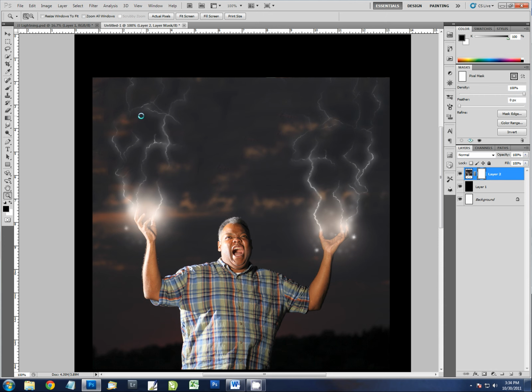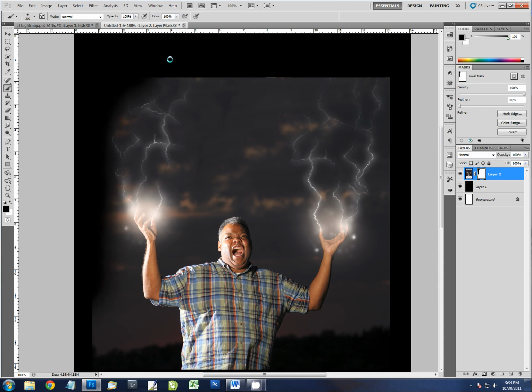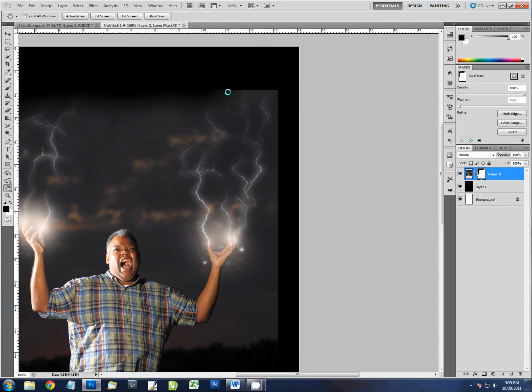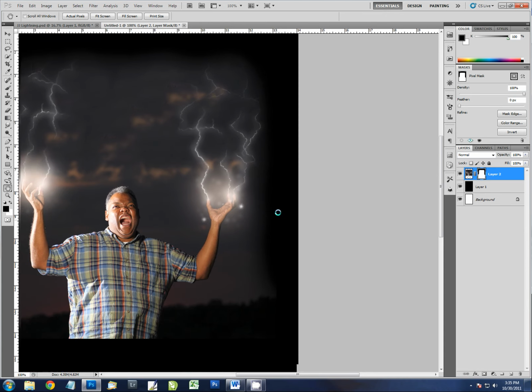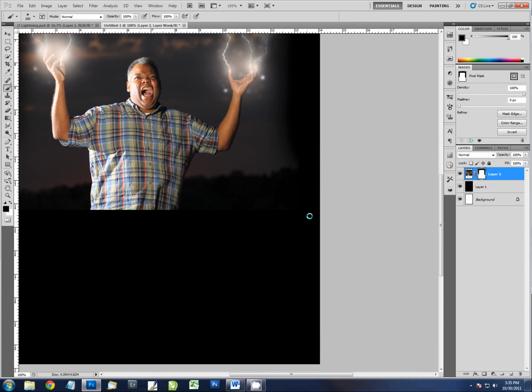Press B for brush. I want to make sure my brush is pretty soft, and it is. I want to make it a pretty good size because I really want to use just the outermost edges of my brush, as you can see, to take off some of that edge. I'm holding the space bar while I click and drag, since I am zoomed in this close. That way I don't have to zoom in and out. I'm just using my hand tool, which is the space bar, and click. And I'm going to knock off some of the bottom of my belly